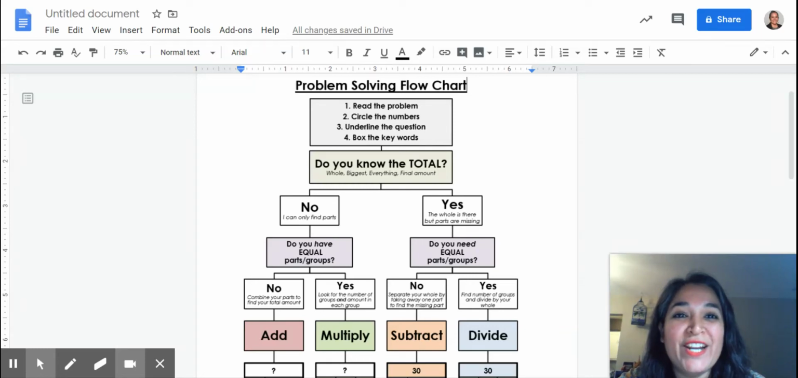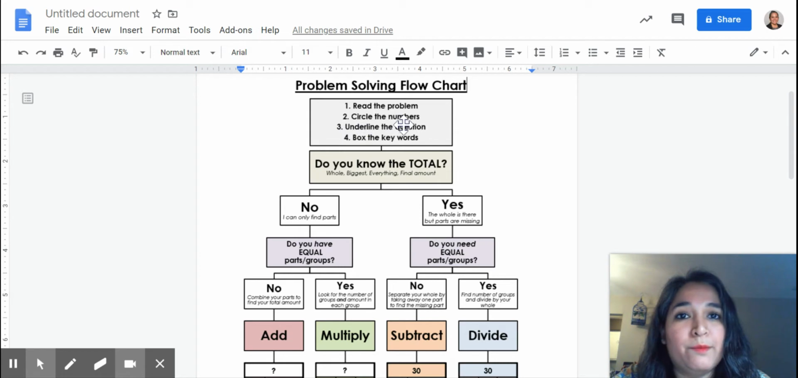Hi guys, today we're going to review how to use our problem-solving flowchart. We use the problem-solving flowchart whenever we have word problems that we need to solve and it has too much stuff going on in it and we need to decide what we need to do, if we need to add, subtract, multiply, or divide. So going from the top, first we read the problem,